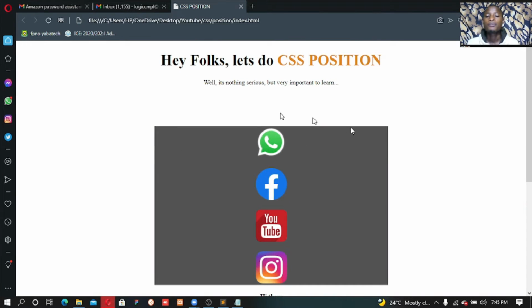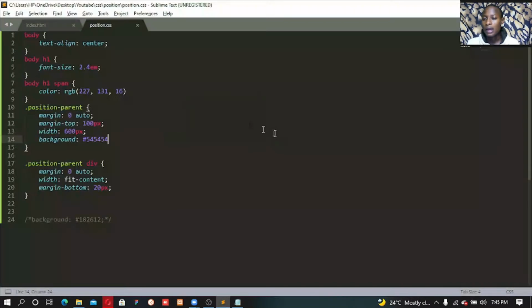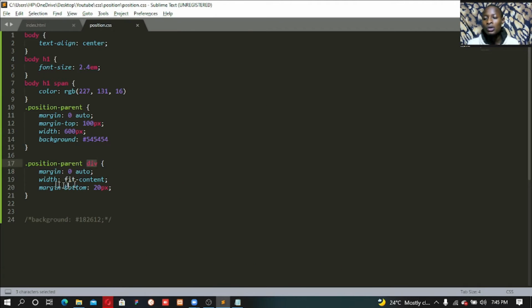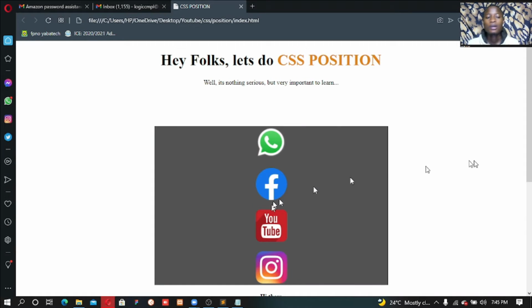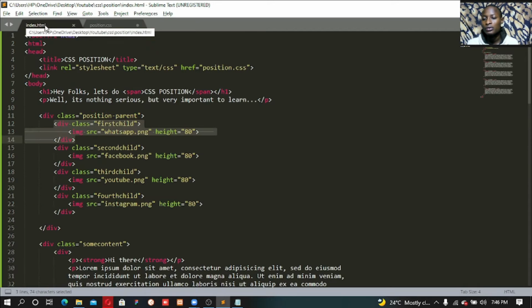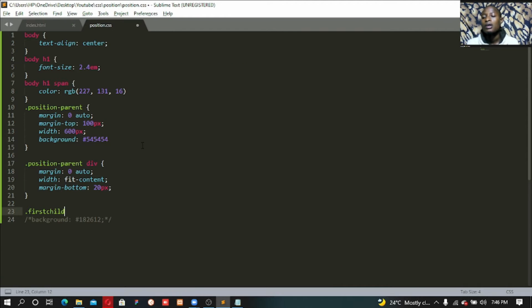I have also set the div tags that hold the children to margin 0 auto and width of fit-content, and a margin bottom so as to create some spacing before the next one. So the first child, if I set the position